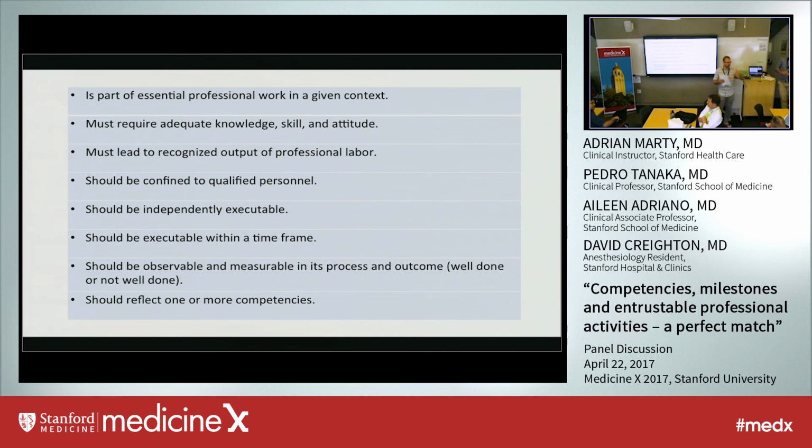So now maybe here's the discussion: what is just a simple skill, and what is an EPA? In the example that you have, it's really everything. It's talking to the patient, having the knowledge of indications and contraindications, and actually performing the procedure. So it includes skills, knowledge, and attitude, everything in one. So we have 4 EPAs developed. The next thing is to try to map them, or the EPA that you come up with,